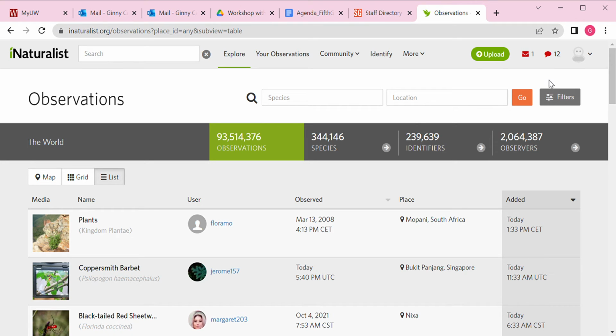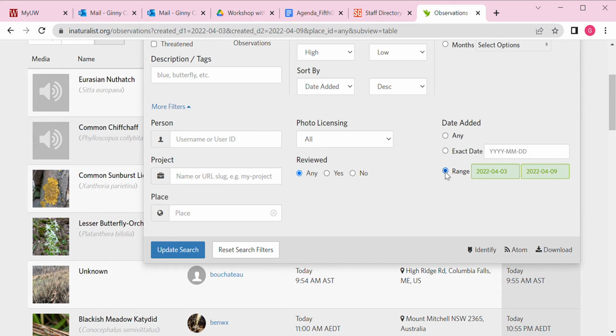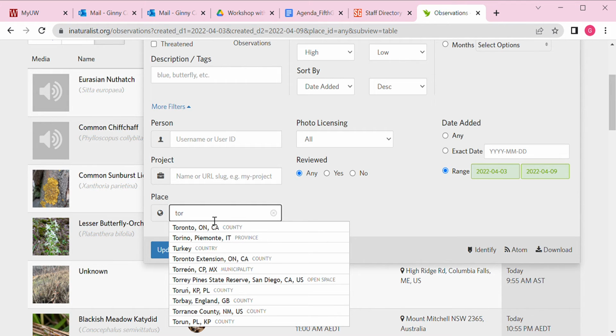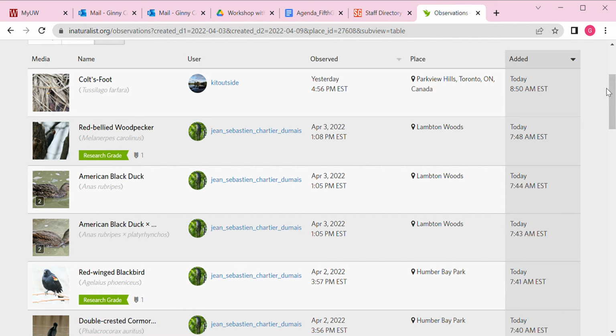Let's imagine that I wanted to take a trip to Toronto and had no idea what I might see there on my visit. One way I could predetermine that would be to use the iNaturalist filtering program. So once again, I'm going to click Filter, and this time I'm going to enter a date range of this week. I've pre-done that, so April 3rd to the 9th, and I'm going to type in a place of Toronto, Ontario, Canada. I'm going to update my search